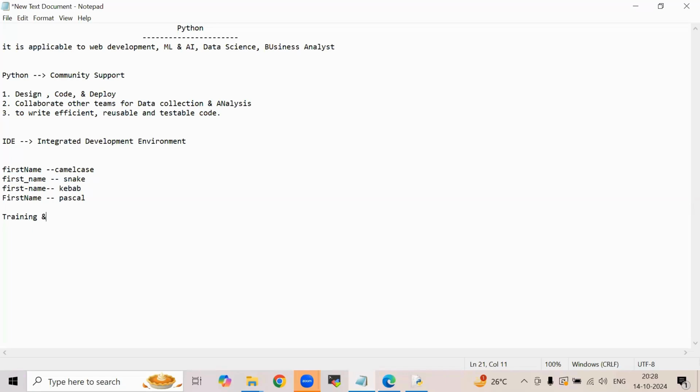If I want to highlight the things, this training is completely real time and practical. I'll explain the theory first. Now let us suppose I'm explaining the if loop.